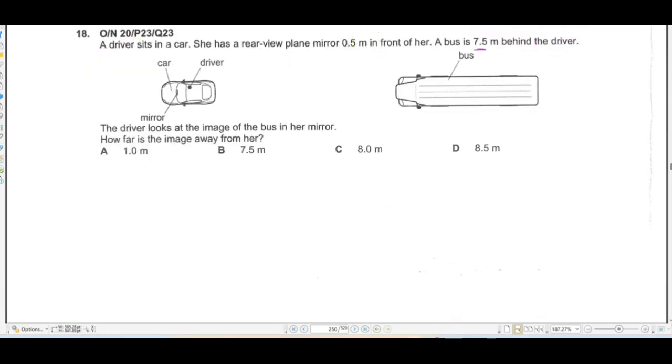Okay. Question number 18. A driver sits in a car. She has a rear view plane mirror 0.5 meters in front of her. A bus is 7.5 meters behind the driver. The driver looks at the image of the bus in her mirror. How far is the image away from her? Okay, now we can make a drawing of this. So here is the bus, which is 7.5 meters behind the driver. The driver is over here, and then the mirror is 0.5 meters away from her. And we know that the